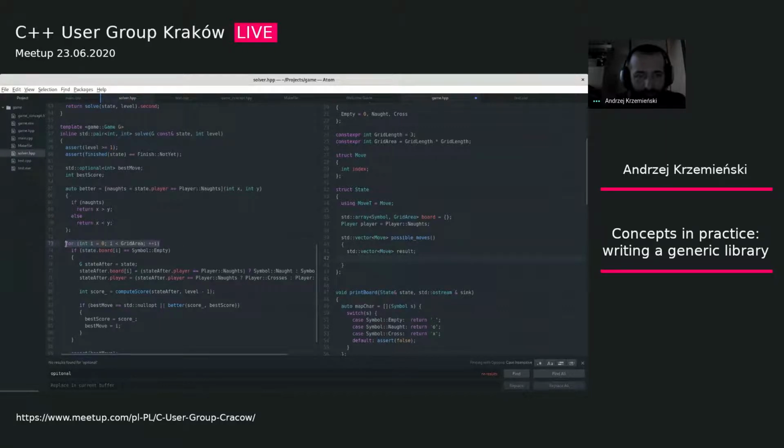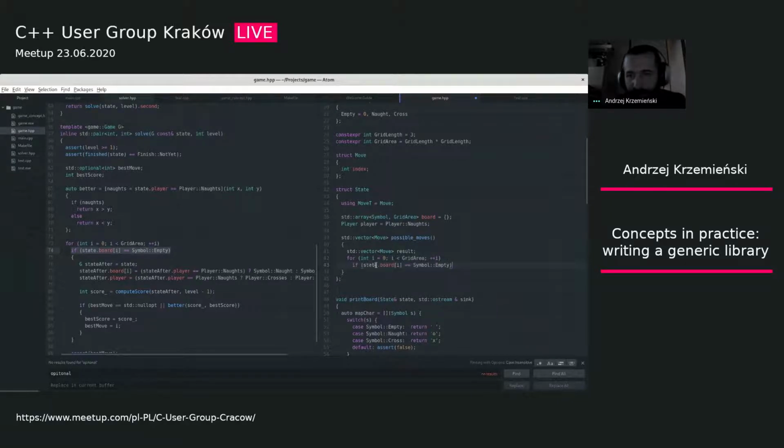For every index, if the corresponding field is empty,